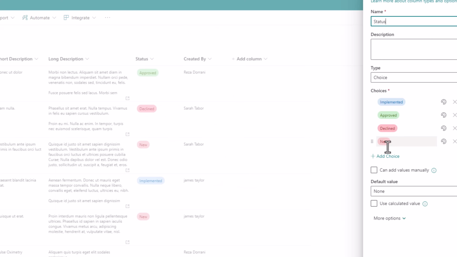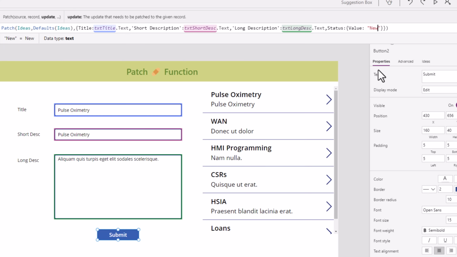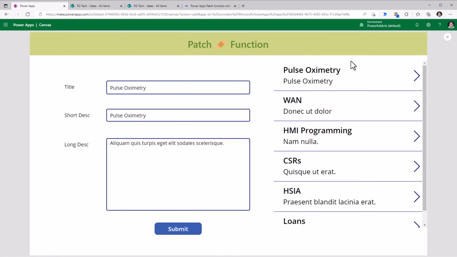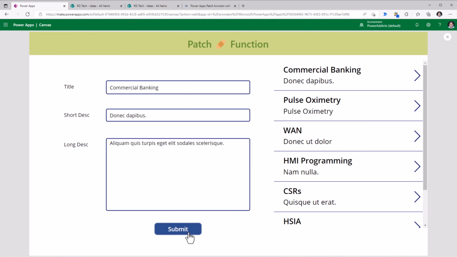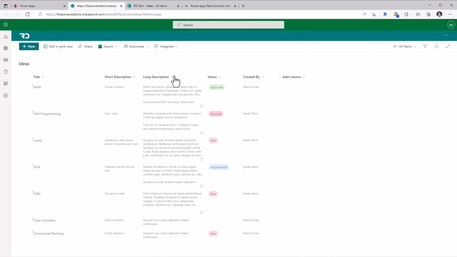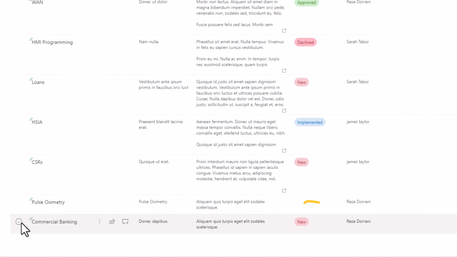In my case, I would like to start with new. So whenever a new idea is created, the status needs to default to new. Let's give this a try. I've entered some sample data. I will click submit. Here is the new record that shows up in my gallery. And if I look at my SharePoint list, here is the entry that has just come in where the status